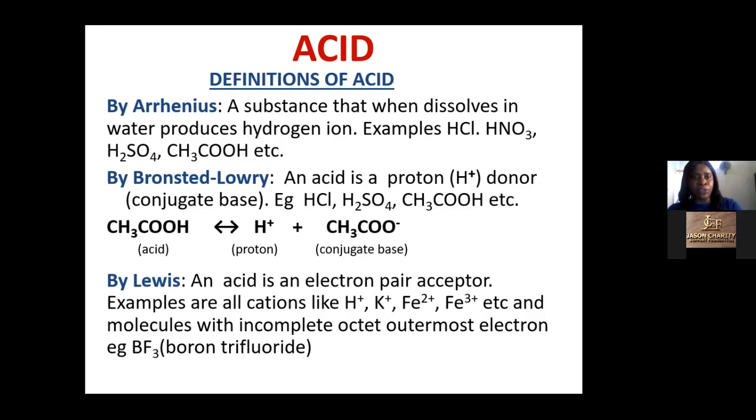So here I have a reaction by ethanoic acid. The equation you have there is actually a reaction by ethanoic acid. First, as you can see, a proton is generated when it dissolves, and then a conjugate base, that is ethanoate, is what is formed. So that is their own concept of an acid.